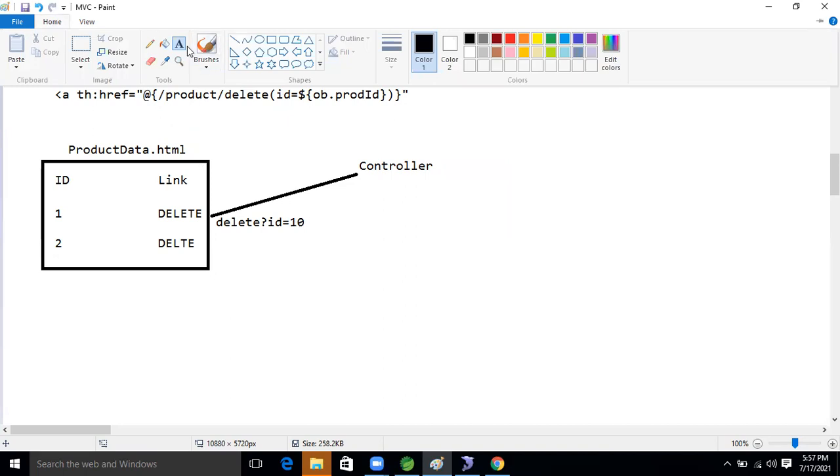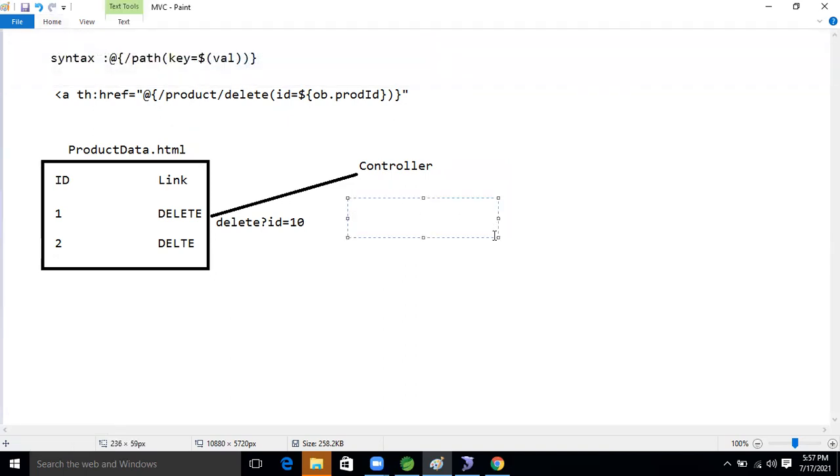Anyone remember? Come on. Request param. Very good. We will use @RequestParam, and then we will specify a local data type, plus the key.